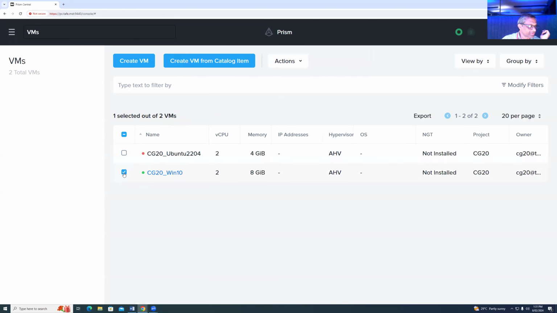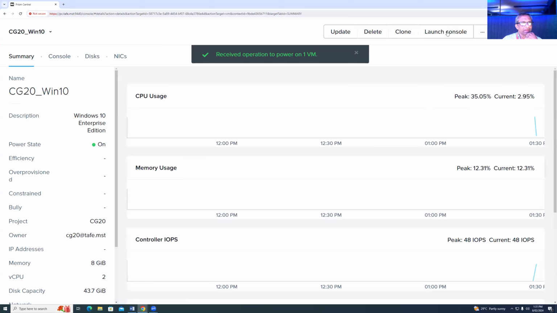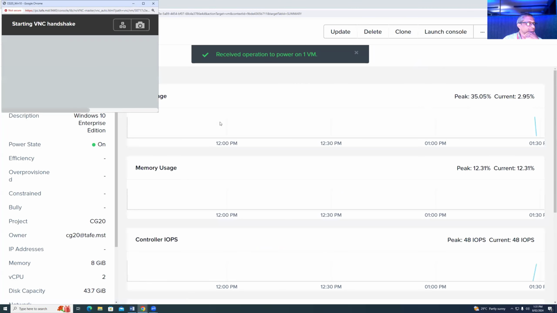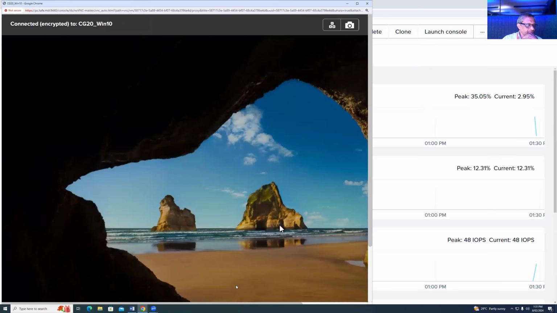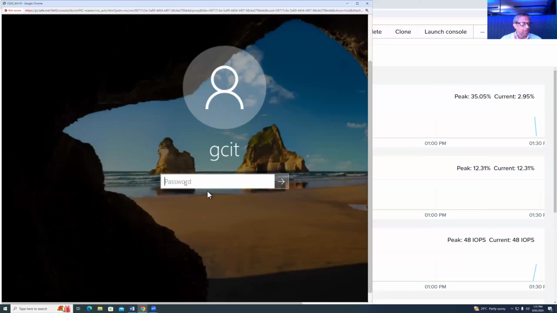Now, before accessing Windows, let's power on this as well. So select that and power on. And then you go into Windows, and then you can say launch console. So that's your Windows console. You can log in. So by default, most of the VMs, the default username is GCIT and the password is the same thing,